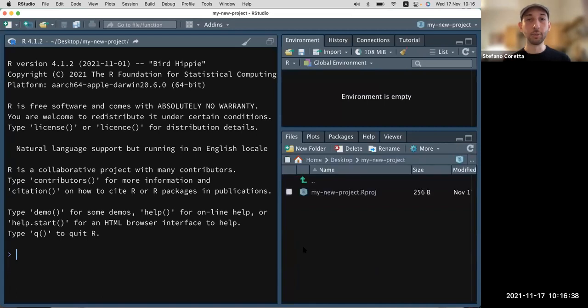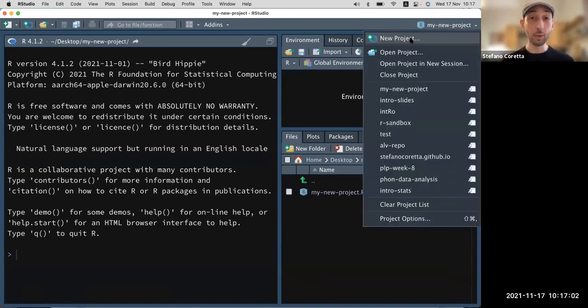And after a few seconds, here you are in your new RStudio project, and you know that you are because if you look here on the top right corner, there's the name of the project, right? In this case, it says my new project, and if you click, you have other options. You can create a new project, open an existing project, and there's also a list of other projects that you have opened. So it's very handy, and if you click on any of those, it's going to switch to that